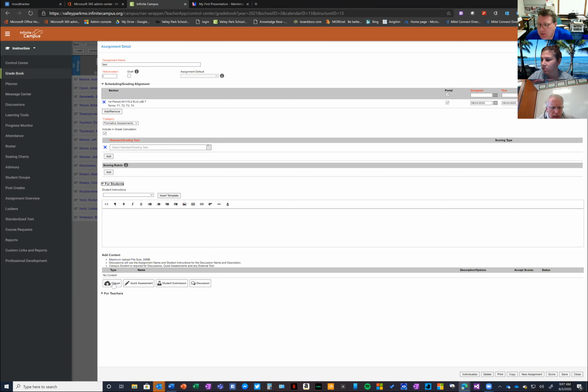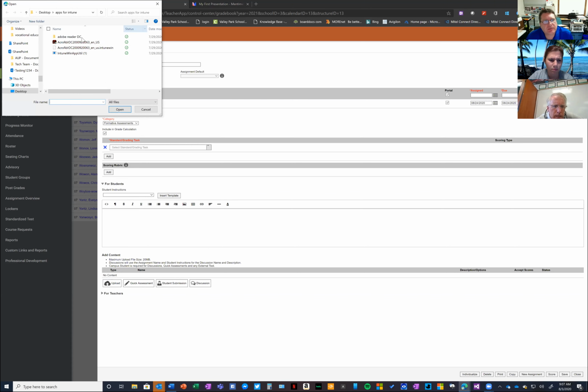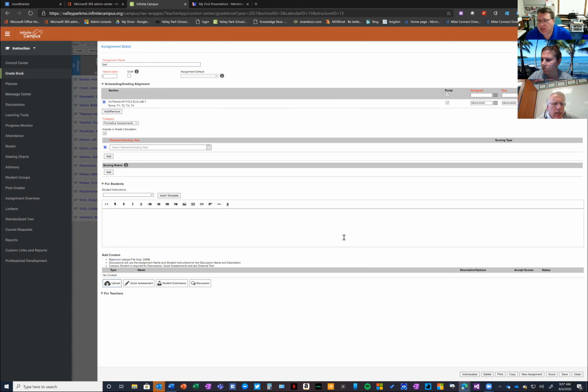So if I have a Word document that I want the class to use as a template for the assignment, I would click upload, find that document on my computer, and upload it. Then students, when they see it, will pull that document down, make all the editing they need to, save it, and then they will have a place where they can submit it. And it'll be a different one for each of them. So that is where you can add instructions,